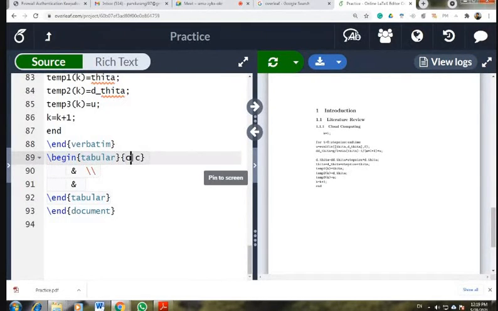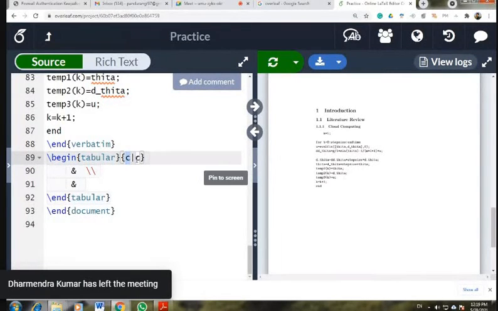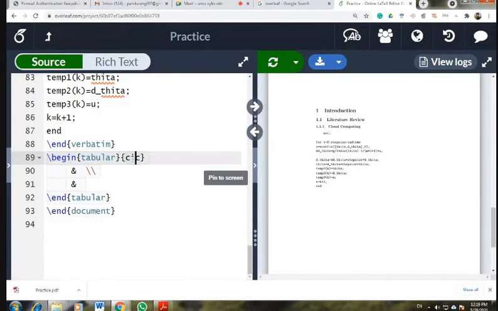This C stands for the first column, which is centrally aligned. The vertical line indicates that there is a vertical line between these two columns. So for the first instance, I will remove this. The second C indicates that this is the second column. First C, first column which is center aligned. Second C, second column which is center aligned.